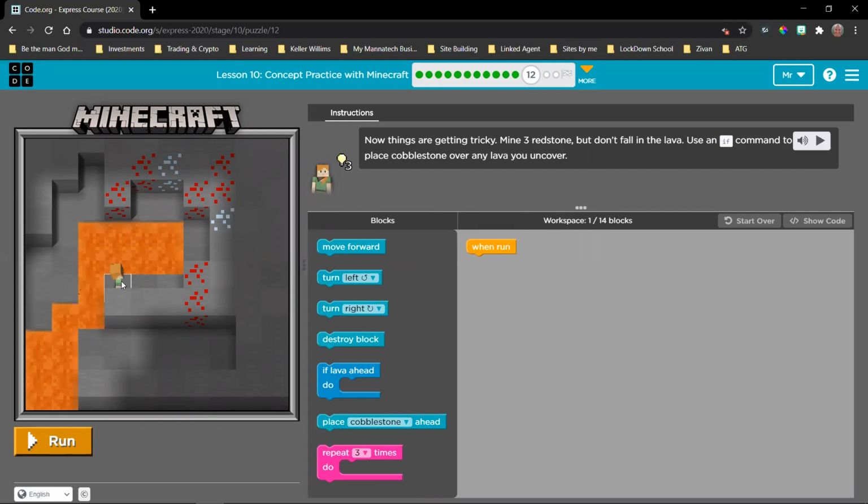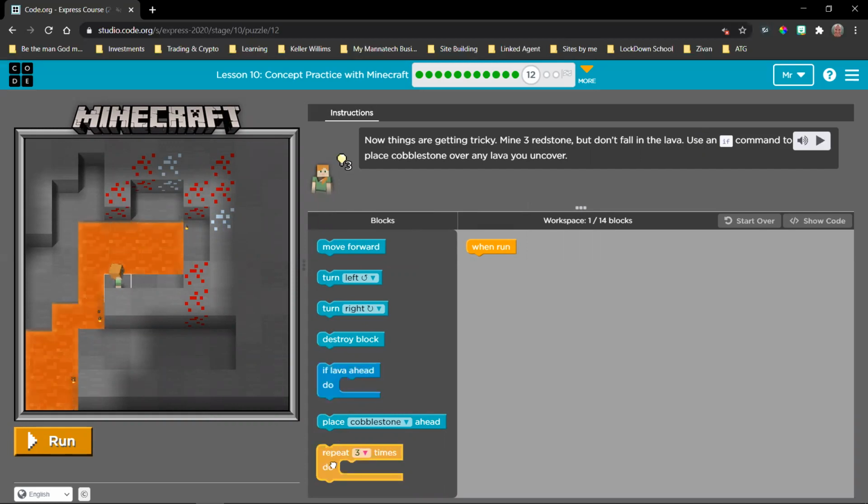So my thinking is that if I check this, I see a pattern there. Move forward, break, check, place, turn left, move forward, go. Same thing there, same thing there. This one we just need to be careful with the extra move forwards.